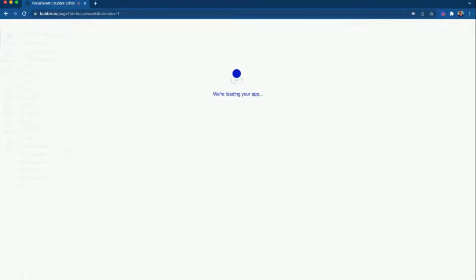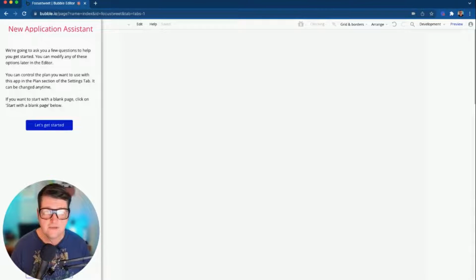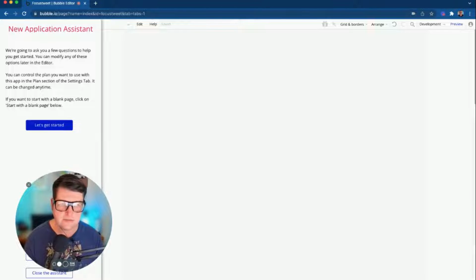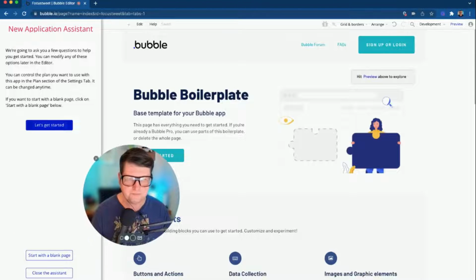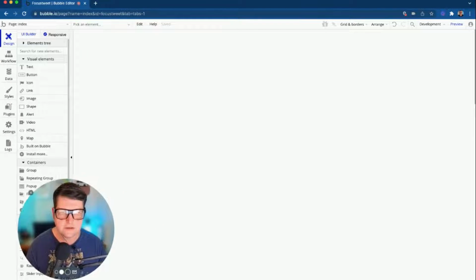and then we're just going to wait for the app, the dashboard to load. So this is the dashboard, all the things that you need to build your app in Bubble. This is the new application assistant. It's basically going to ask do you want to use this template here, which I have done with other apps, but for the purpose of this one, we're just going to start with a blank page. Sometimes this can be a good starting point, especially because it's got the login and things, but we're going to come back to some of this as we build out our app. So we're just going to click start with a blank page,